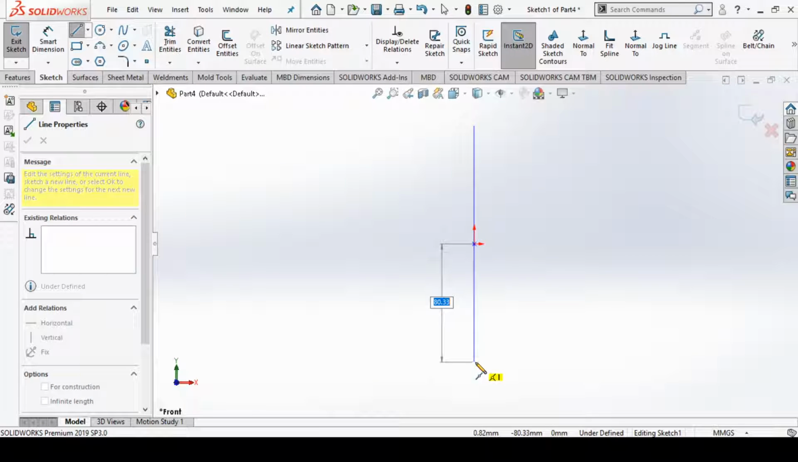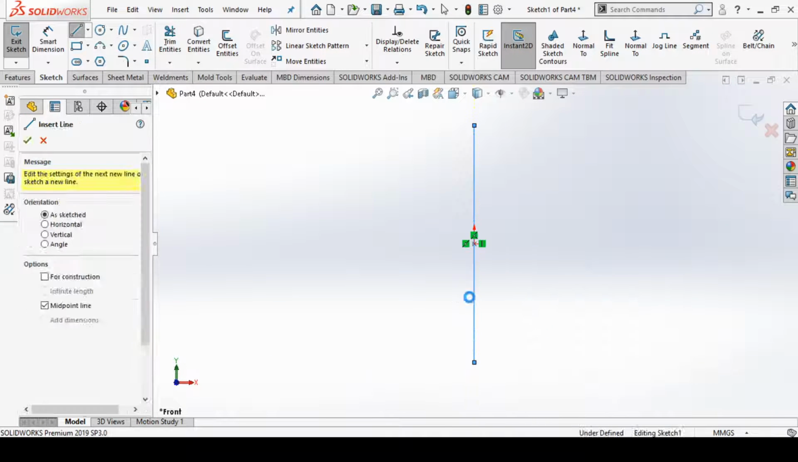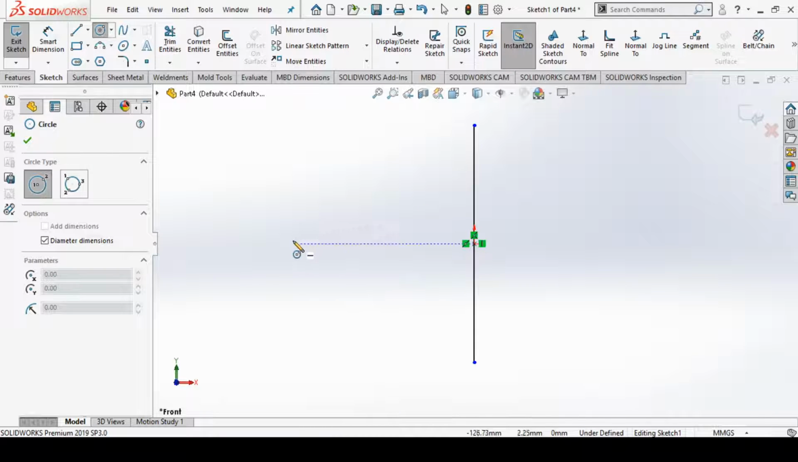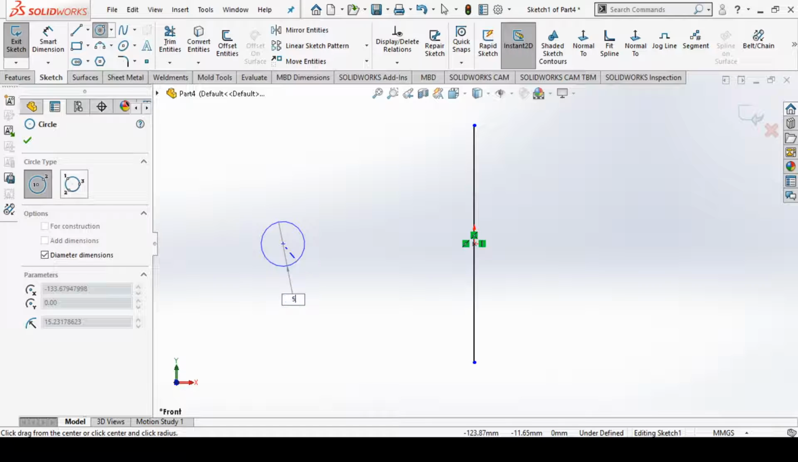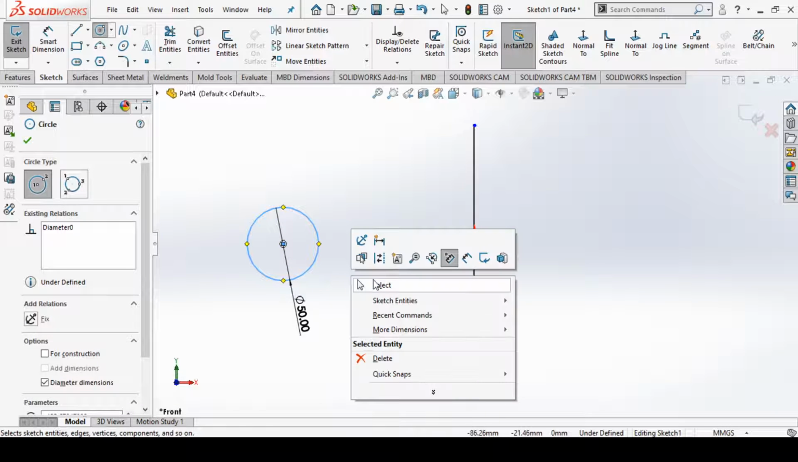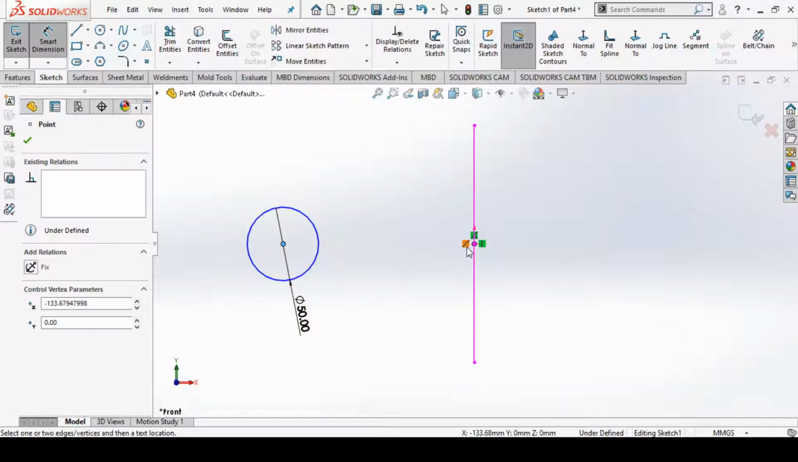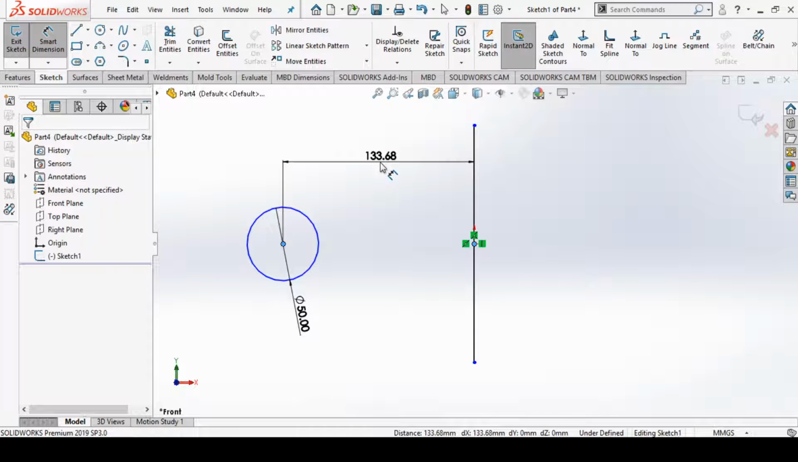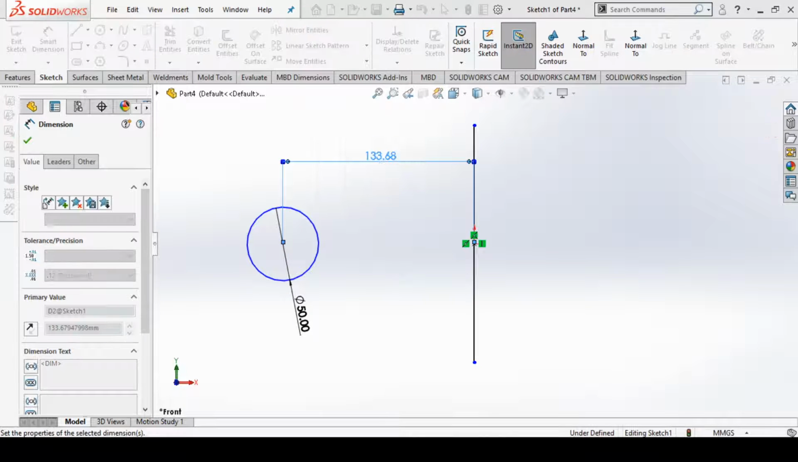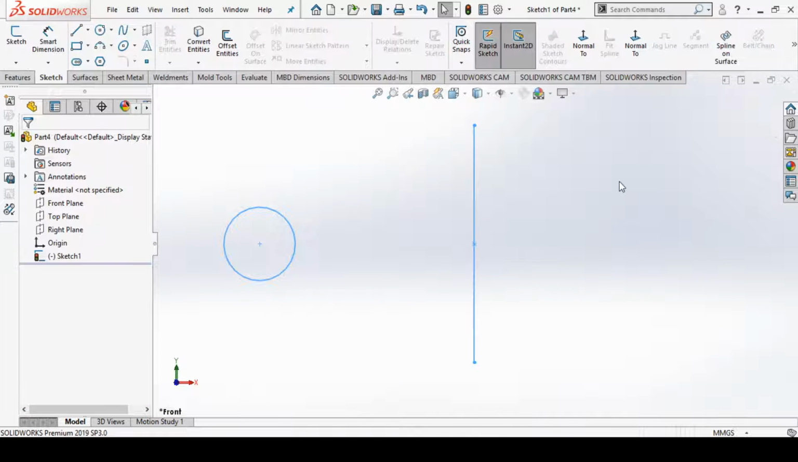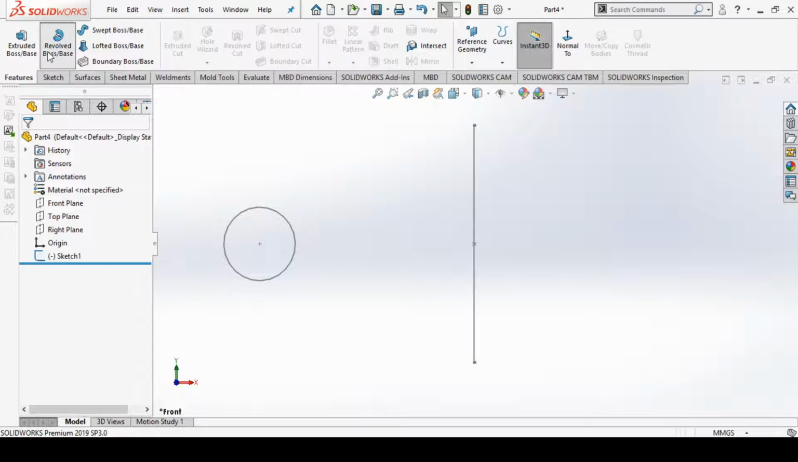From here to here, we can draw this vertical line, and then we can draw the circle for the Revolve Boss Base operation, of 50 mm diameter. And then we can specify this distance, which is 150 mm, and then from here you can exit from the sketching mode, and then you can select the Revolve Boss Base